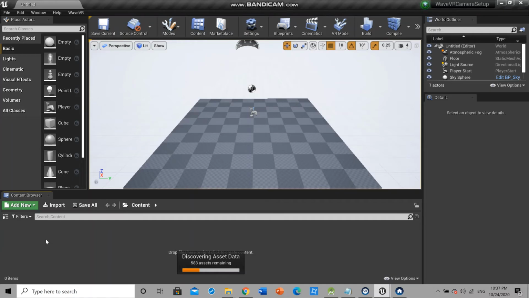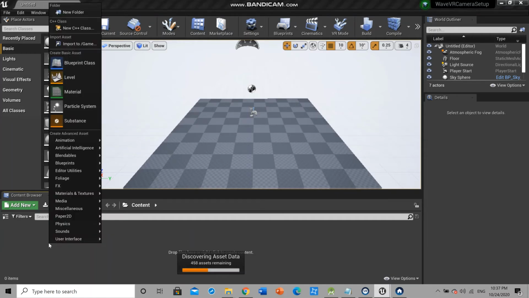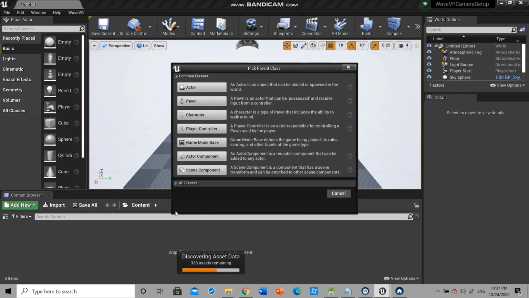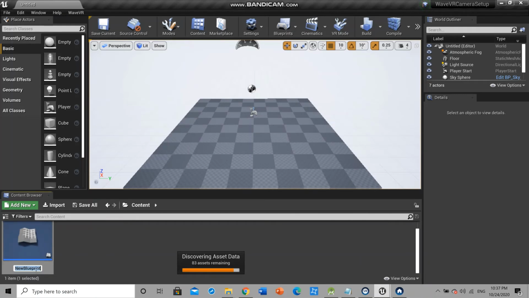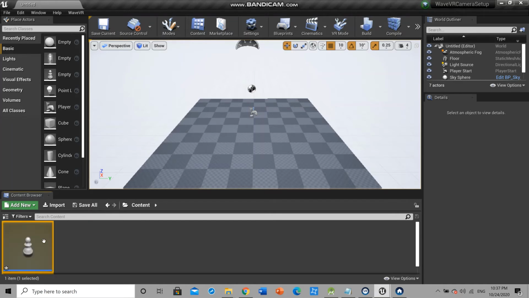Here right click on content menu and select blueprint class. Here select pawn. Let's call it, for example, VIVE VR pawn. Double click on the blueprint,